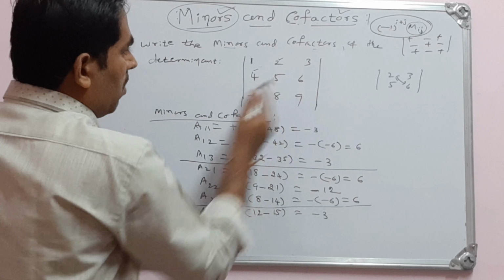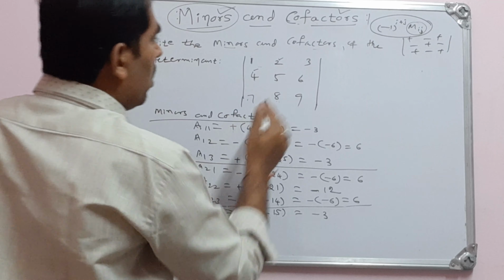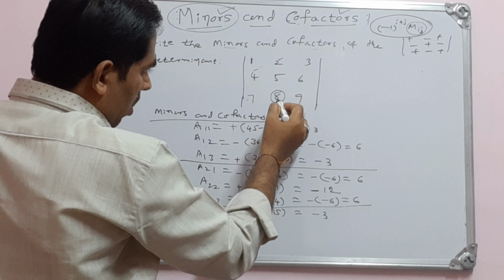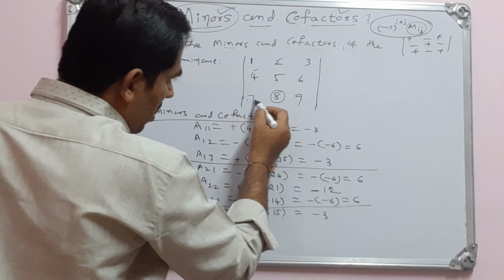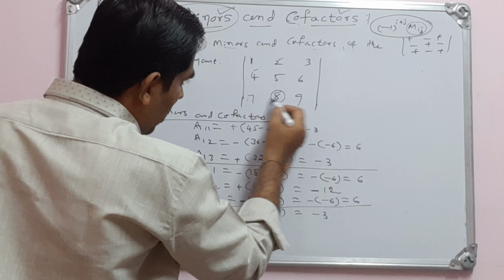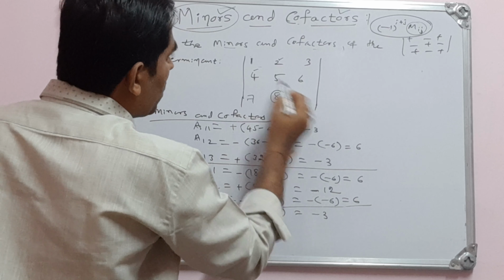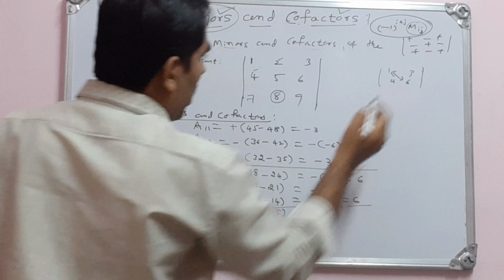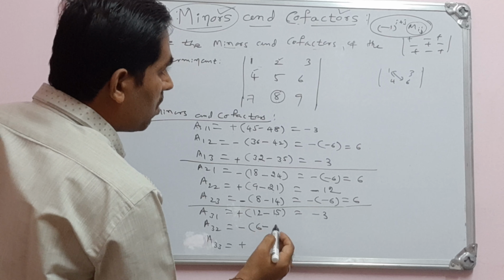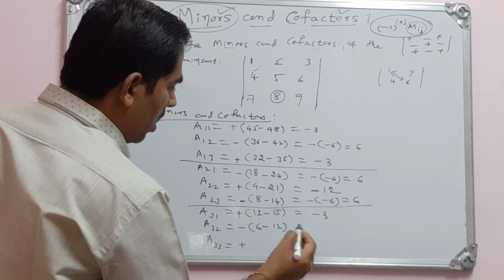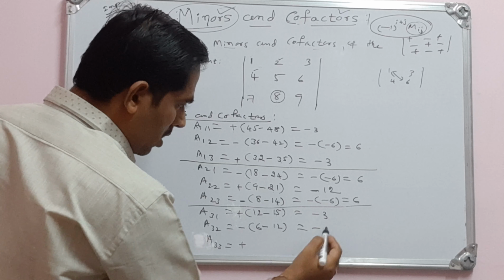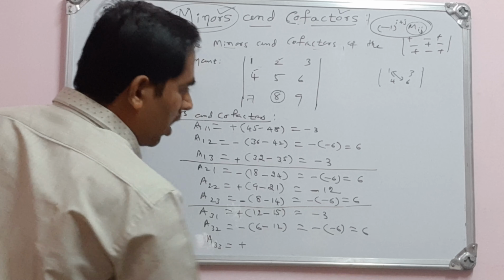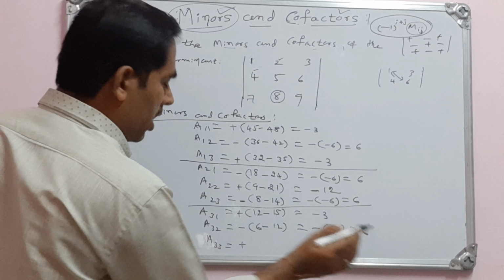Then you move here. Okay, let me show it here. So leave this, see I am talking about this 8. You leave this column and this row. 8 lies in this column and this row. So leave this column and this row. So 1, 3, 4, 6. Then you take the product. 1 into 6, 6 minus 12. See, minus is outside. I am writing this. See here. 6 minus 12, that is negative. Then overall, it will be what? Positive. Minus into minus plus, I get 6.